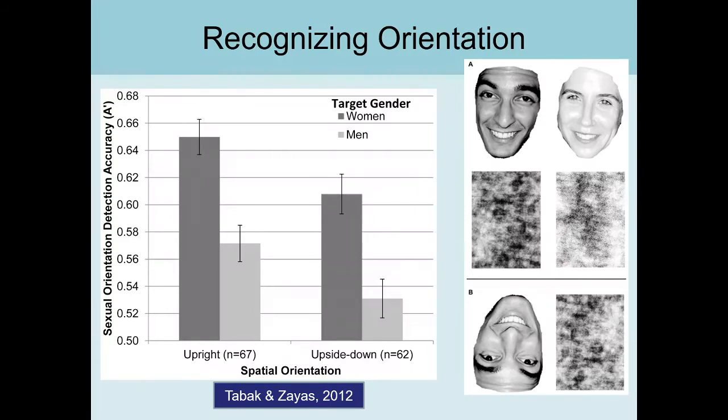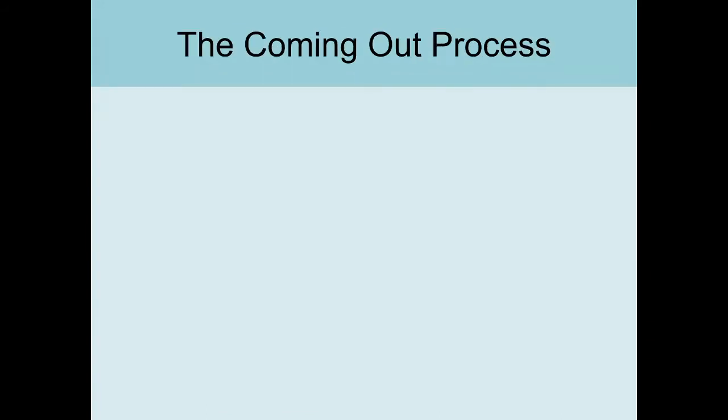And so there is some evidence to suggest that we do in fact detect some kind of cue, something about expression or something that gives us a little bit of a hint that a person has a particular sexual orientation. I like to start this conversation with that because it's important for people who maybe are struggling with the coming out process to realize that they might be giving out clues that other people are picking up on, that maybe they themselves aren't even really aware of or ready to acknowledge. But other people are already picking up on the clues.